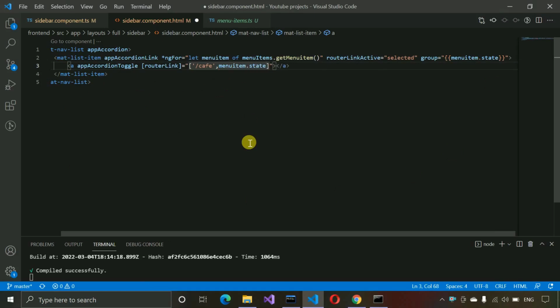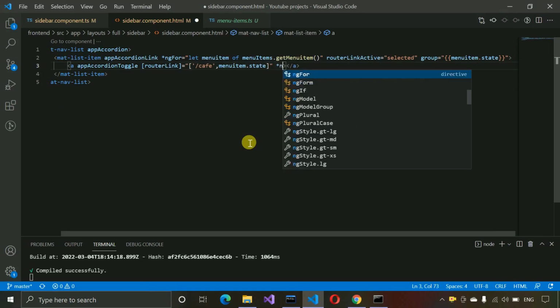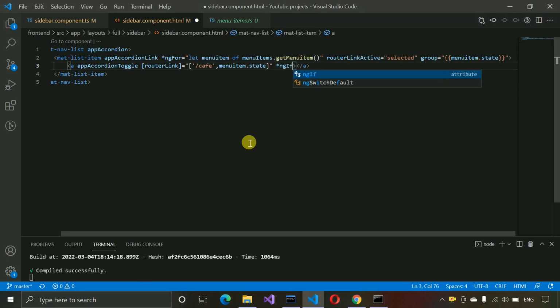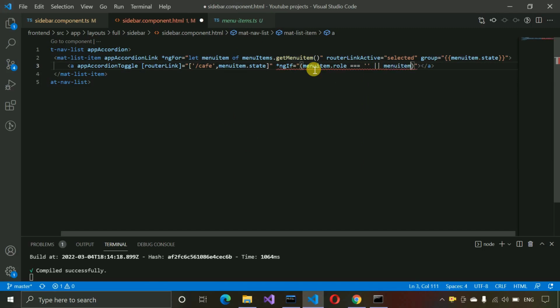We have to write this one, and after that we also need to check the if-else conditions, like in which condition we need to display that particular menu or not. So for that we have to write menuItem. So let me copy this one, menuItem.role, if it is equal to singles, then we have to display that. And if the menuItem.role is equal to token payload, this variable